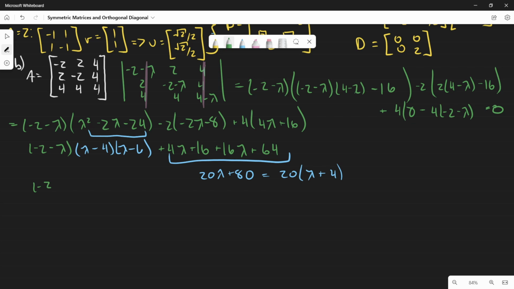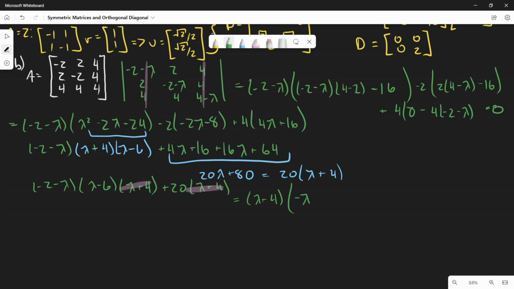So it'll be negative 2 minus lambda times lambda minus 6 times lambda plus 4. I realize this is supposed to be a plus. And then this would be plus 20 times lambda plus 4. You can factor out the lambda plus 4, giving us lambda plus 4 times, we will have